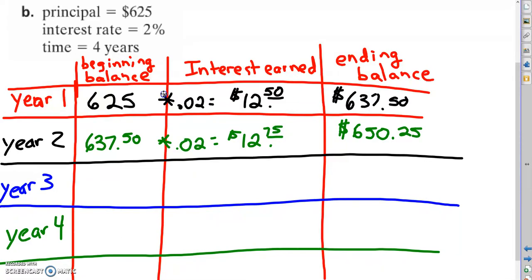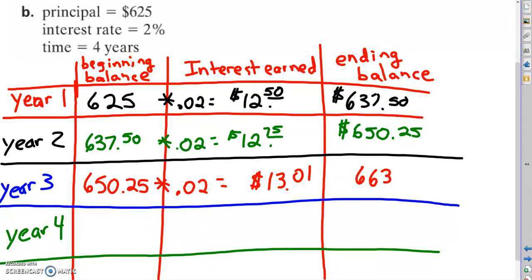So now's a good time to pause, see if you can fill out the rest of the chart, and then check back in with me. So on year 3 here, you started with $650.25. Multiply that by 2%, 0.02, and you probably got a little goofy number. But remember, since we're talking about money, let's just round to the nearest penny. So by rounding to the nearest penny, you probably made $13.01,